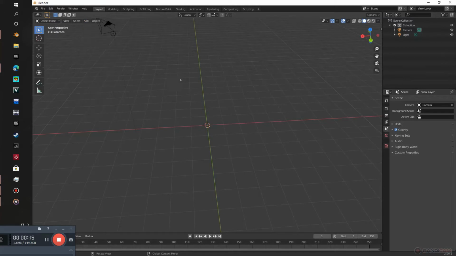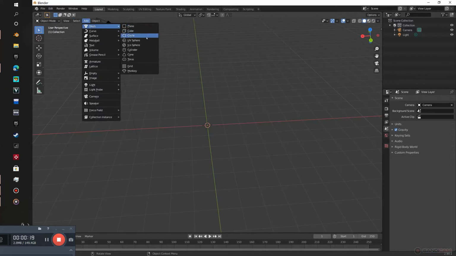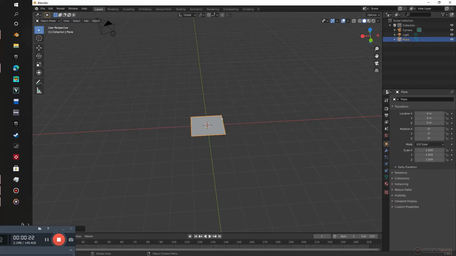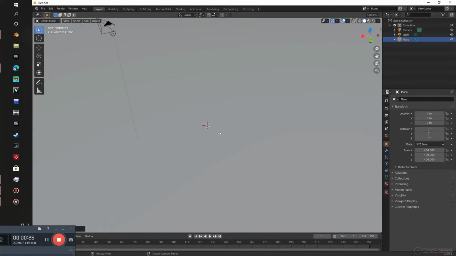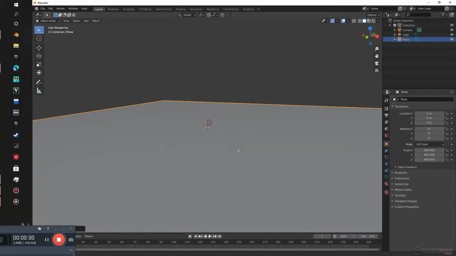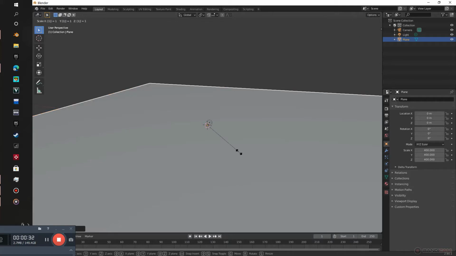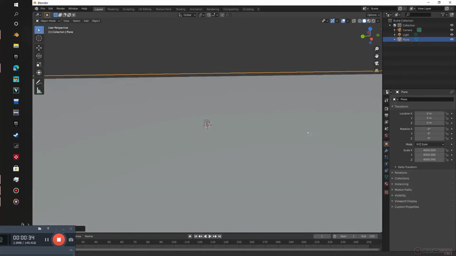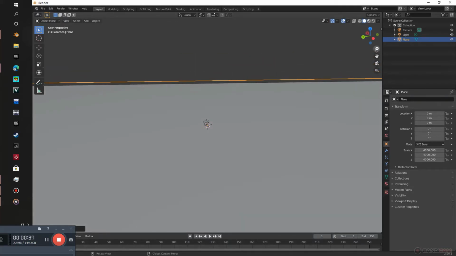So add a mesh. In this case it would be a plane because we are making a landscape. I'm going to multiply it by 400 because that is the corners of my view. It should be. It might be 4000. That's the corners of my view. And of course to stretch that,